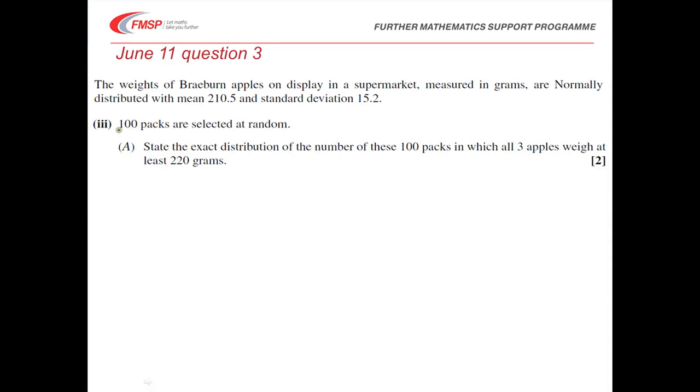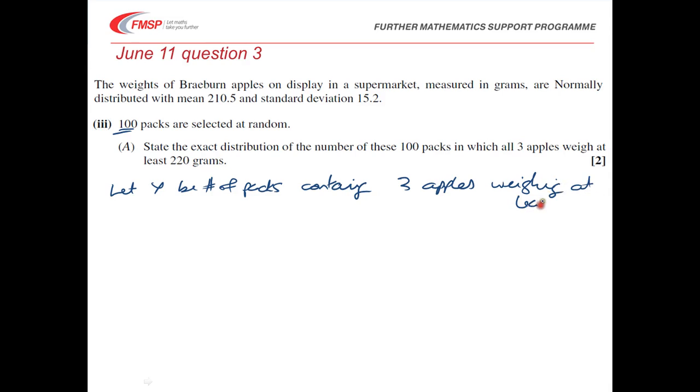Okay, so we're then told we have 100 packs, and we want to state the exact distribution of the number of the 100 packs in which all 3 apples weigh at least 220 grams. So really we need to be redefining here. So let Y be the number of packs containing 3 apples weighing at least 220. So here Y is actually now a binomial distribution, because I'm now talking about the number of packs, and